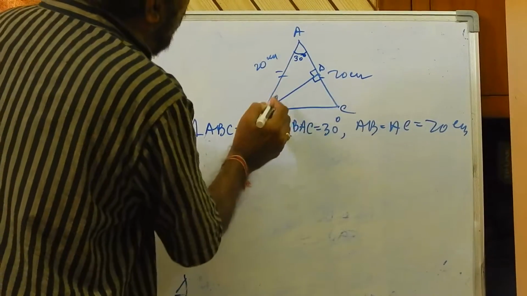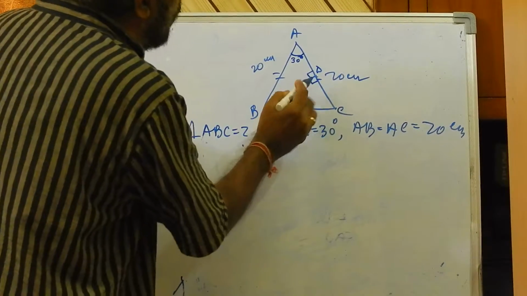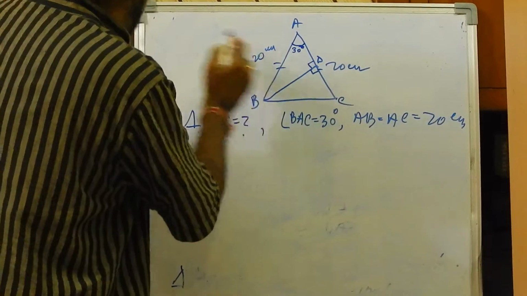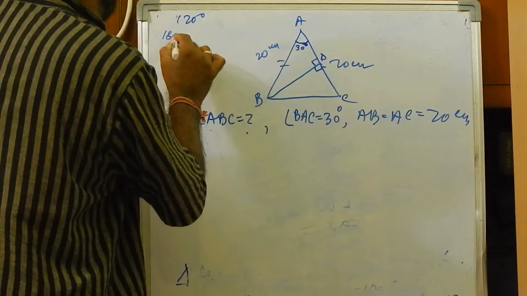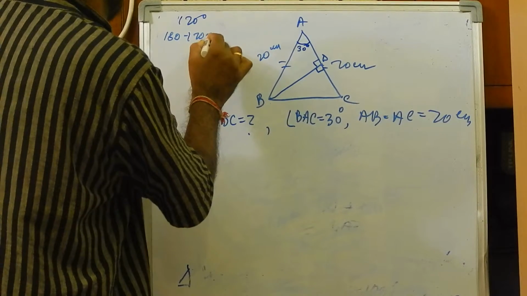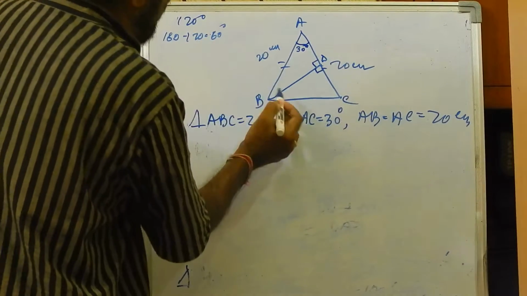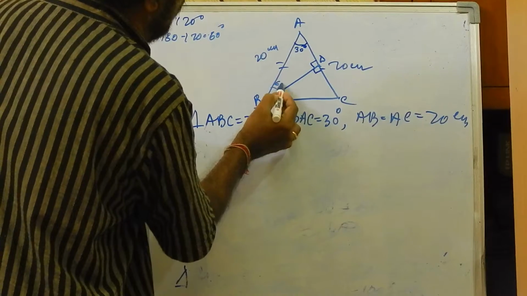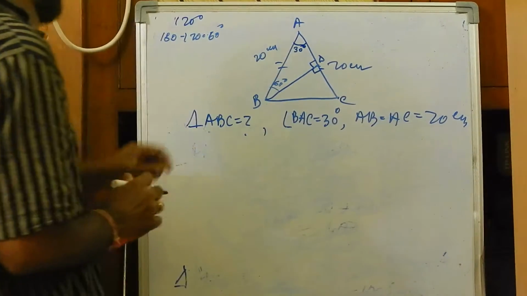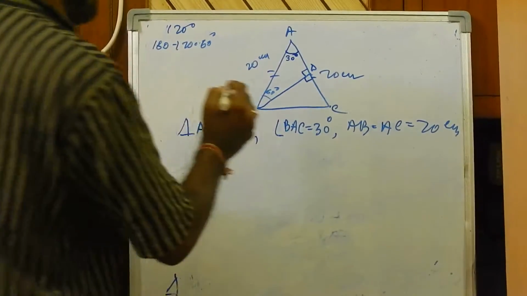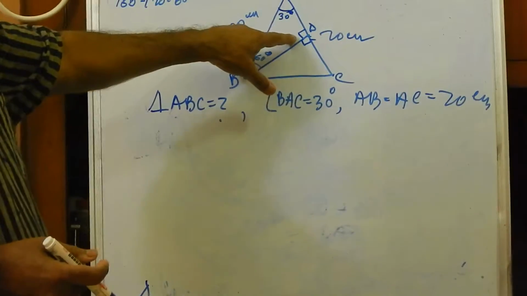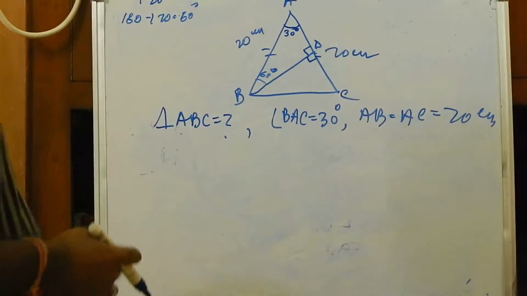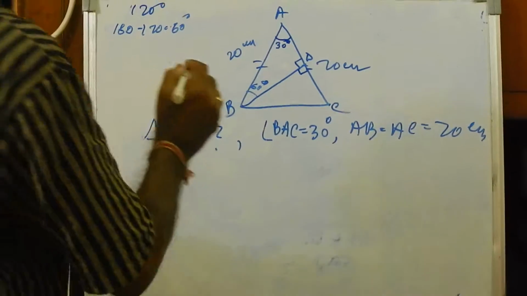But here the problem is that it is not equal. It is 90 plus 30, that means 120 degree. So 180 minus 120 equal to 60 degree here. The angle is 60 degree. It is also a right angle triangle because I have drawn a perpendicular over here. So here we